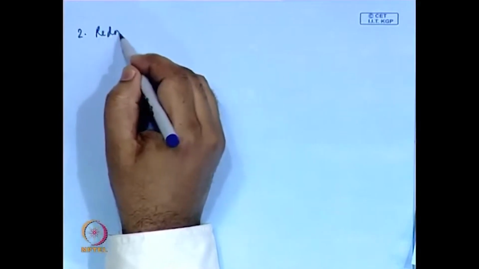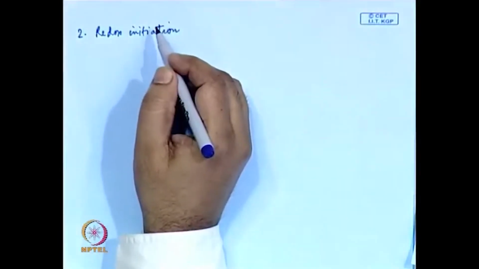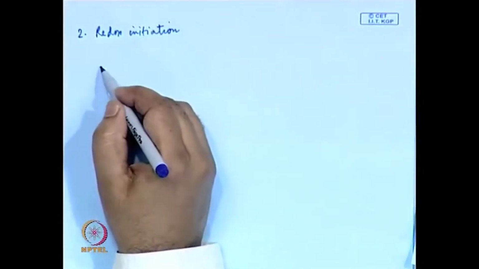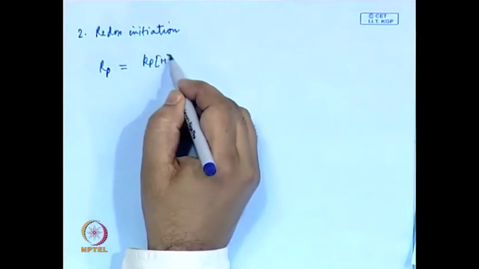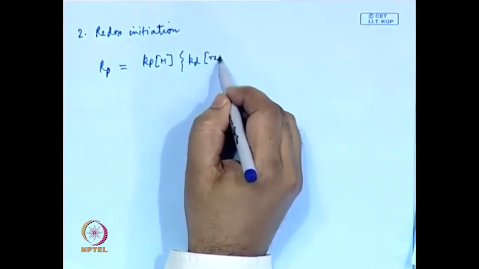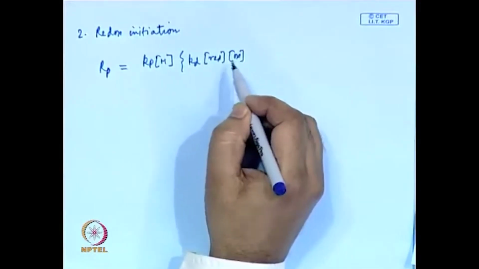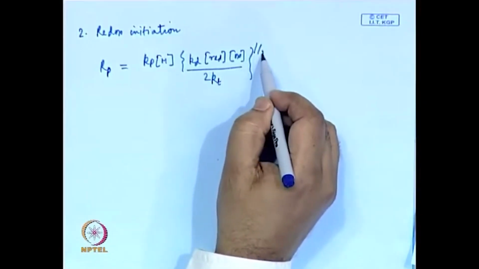Now, if we talk about the other initiation processes, this was for thermal initiation processes. Now, if we talk about the other initiation process, number 2 is redox initiation. Remember the rate expression for redox reaction, it was Kp, m, Kd, concentration of reductant, concentration of oxidant, twice Kt to the power half,